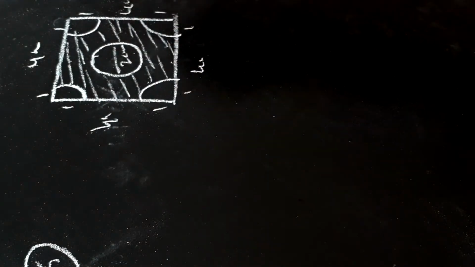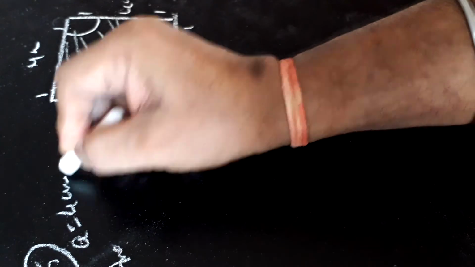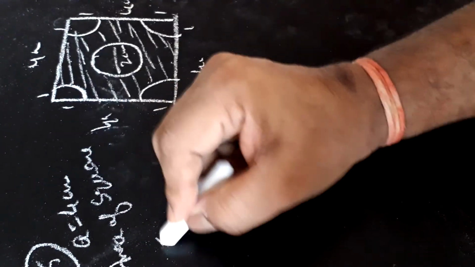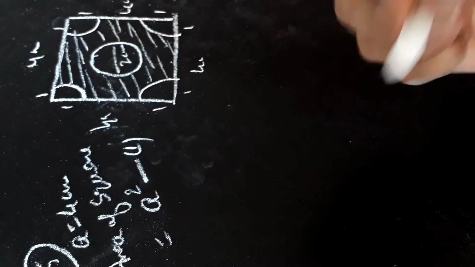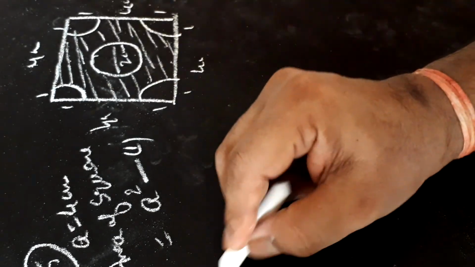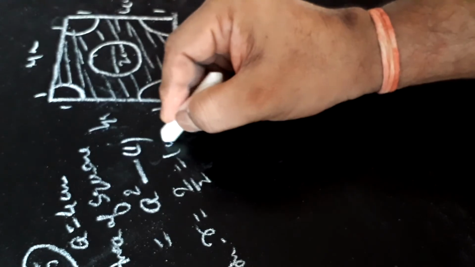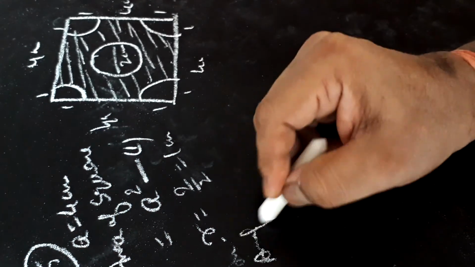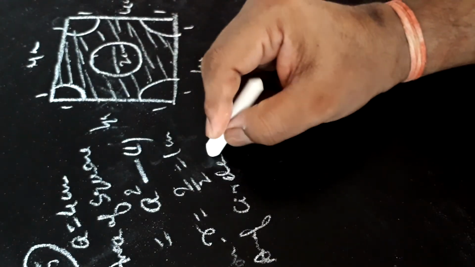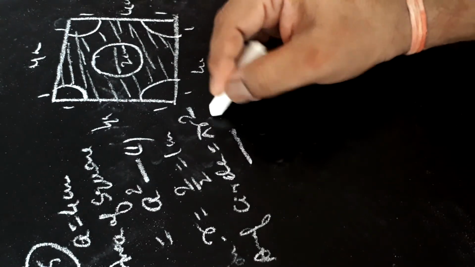Now let us start with the area of the square. First of all, the side of the square is 4 centimeter. So the area of the square will be a square, meaning side into side. We will get the area of the square. Now we will find the area of this circle. The radius of the circle here is 2 by 2, that is 1 centimeter. Therefore the area of the circle that is cut out in the middle region is equal to pi r square. We will put r is equal to 1, find its value, let it be 2.